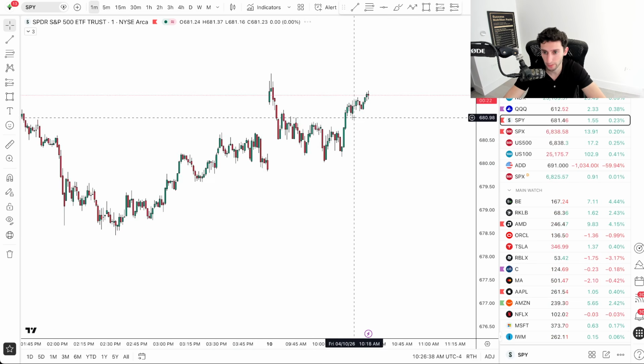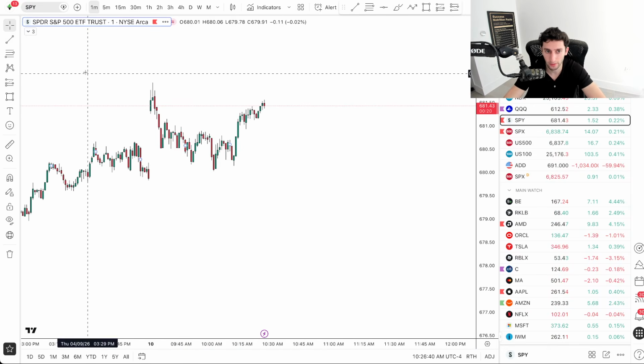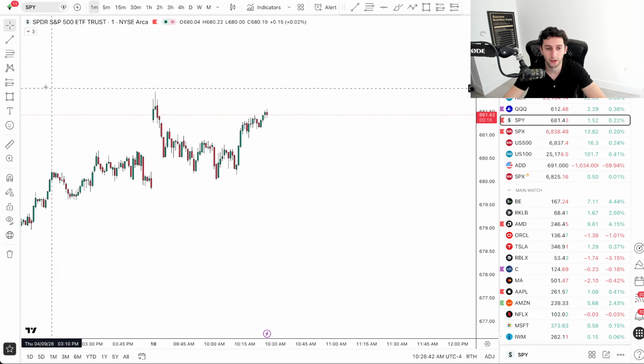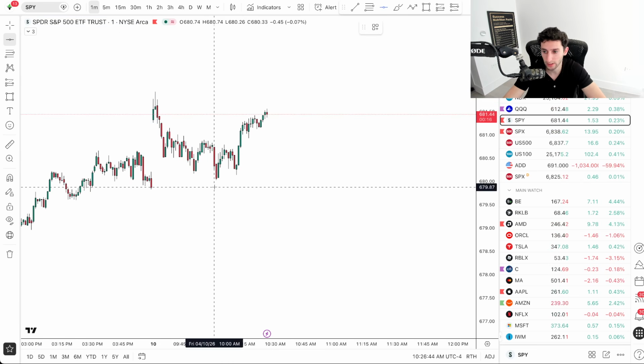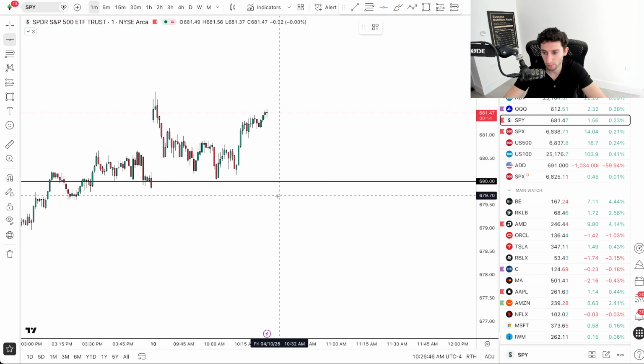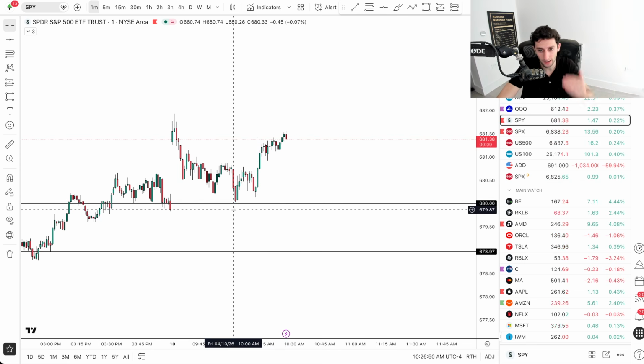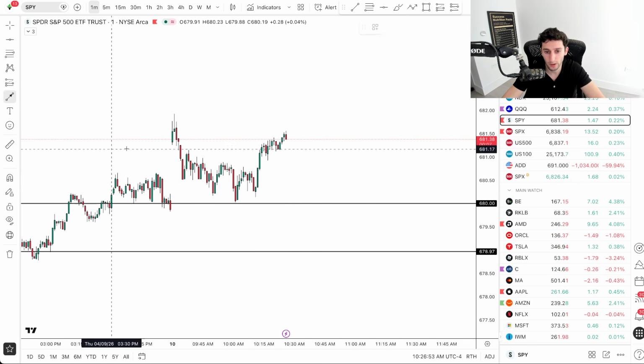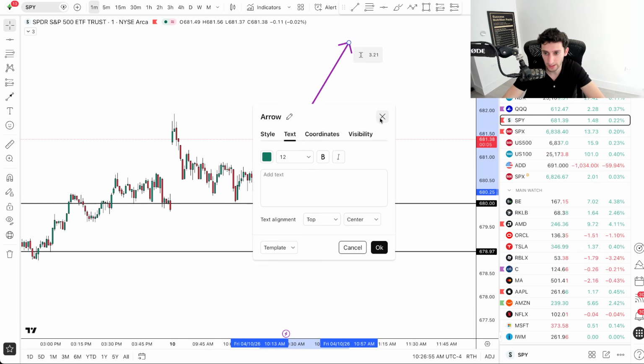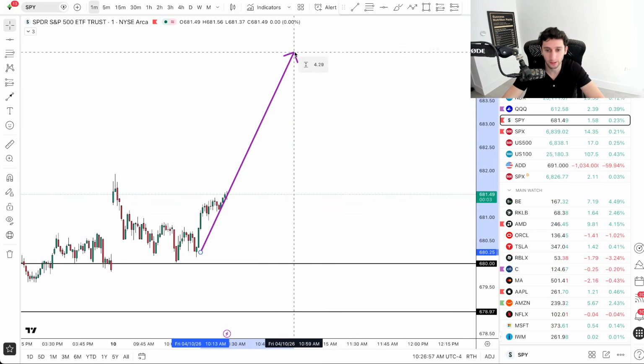So let's say, for example, we're looking at SPY right here, and we're getting in a short put spread bot. That would mean we're shorting, let's say, the 680s and buying the 679s. As long as price stays above 680, this exact bot is going to make money. So it's a directional bot. As long as price stays above 680, it doesn't matter if the market rips, that's going to protect us against these